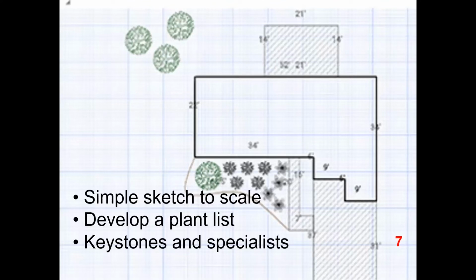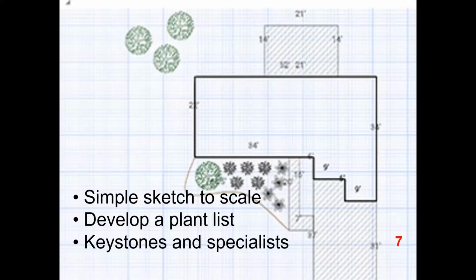One source of enjoyment is engaging your creativity in designing a native landscape. And what I suggest when you're doing this is to be as creative as you'd like to be, but to have a plan. And you don't need to go out and buy expensive, complicated landscape design software to do this. A very simple sketch on some graph paper to kind of keep things in scale is really all you need to do to organize your ideas and get them down on paper.